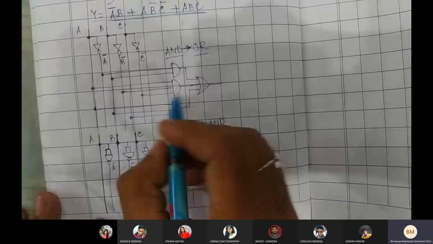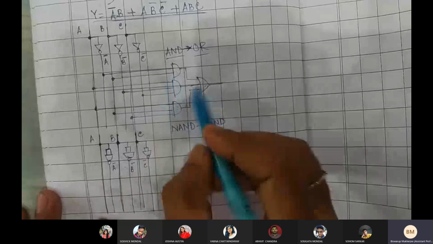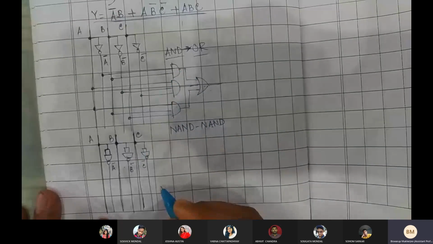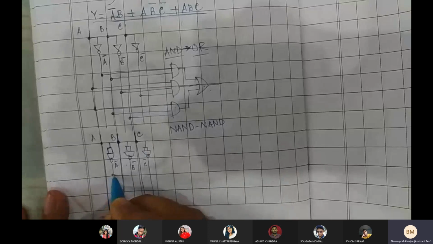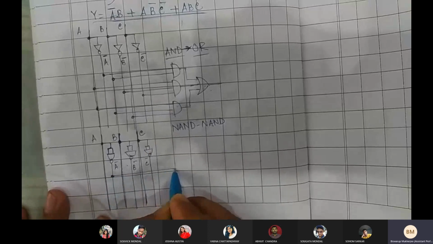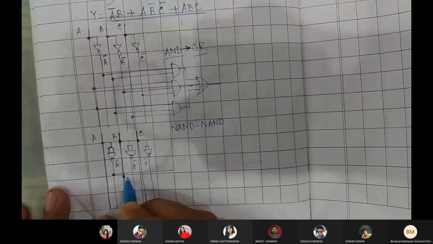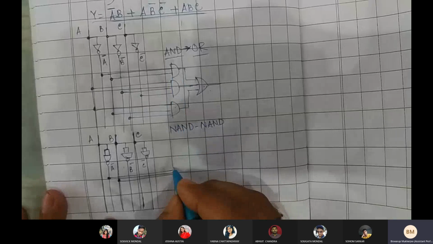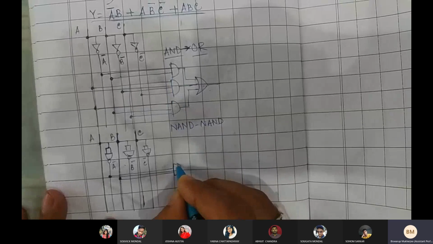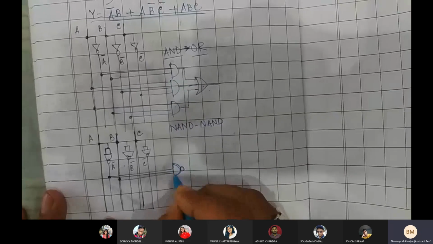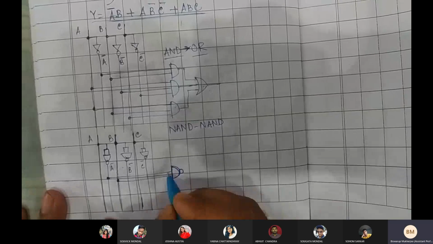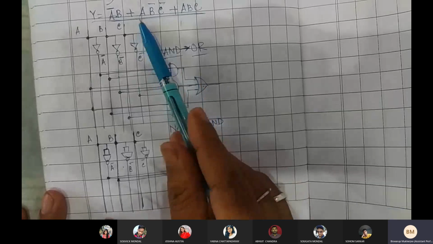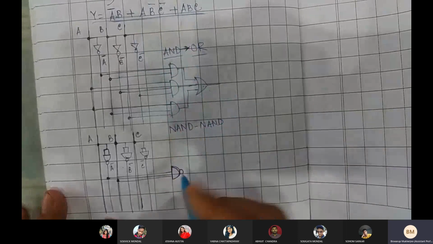Most interestingly, in the earlier case we had 3 AND gates. Instead of that, we'll be dragging the same lines, likely A bar B. So we'll be dragging A bar first, followed by B. But instead of drawing the AND, we'll be drawing one NAND directly. We'll be drawing the NAND. Then this one is A B bar C bar.